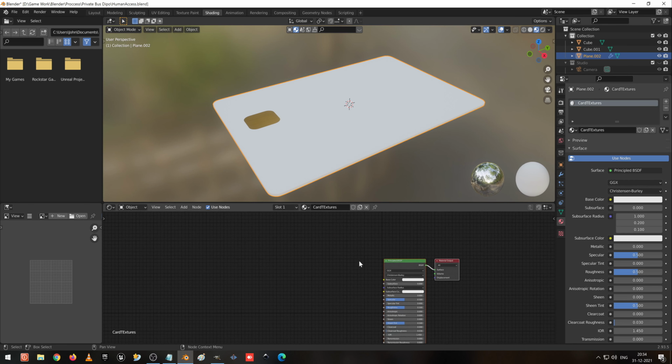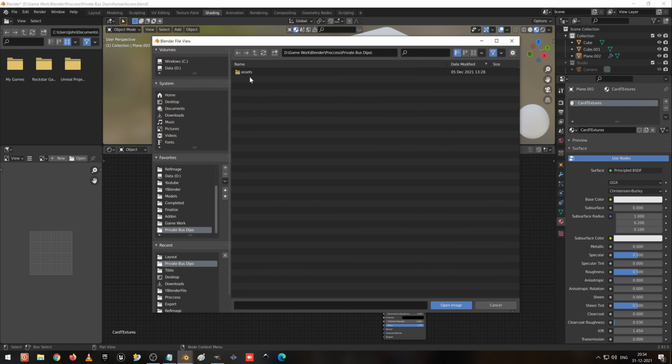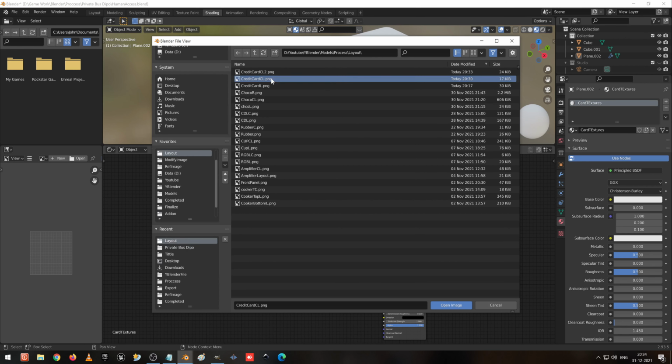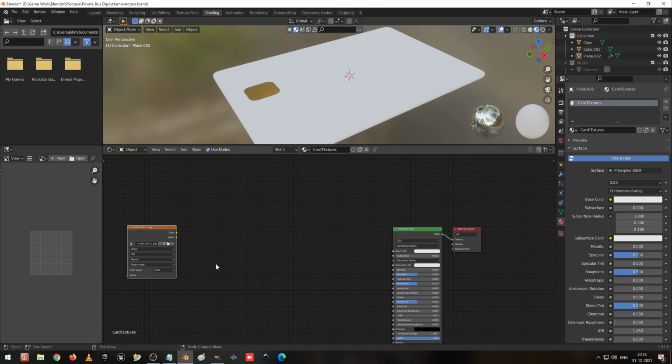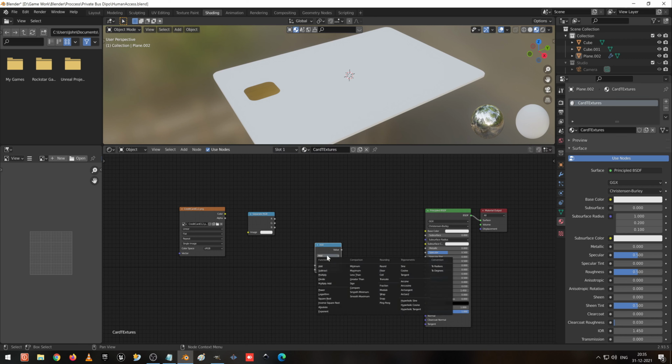Okay, I zoom out this one and I am going to slide it like this and press Shift A and search for the image texture, and this one I am going to add a layout. Where is layout? Yeah, layout is here. I am going to import this one and I am going to open this. So I am at 2 actually first. Okay, first we required 2. Press Shift A and separate RGB. Shift A and search for the math and set the value to subtract.